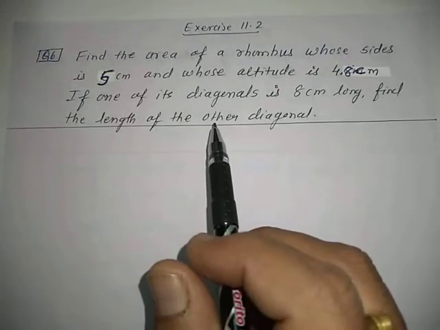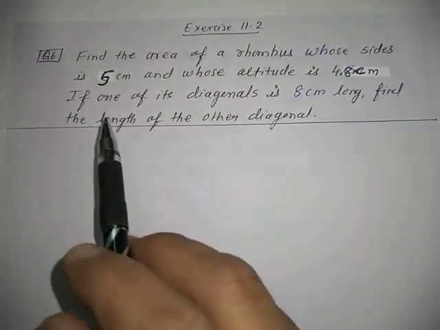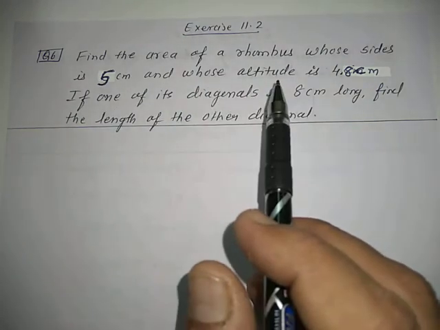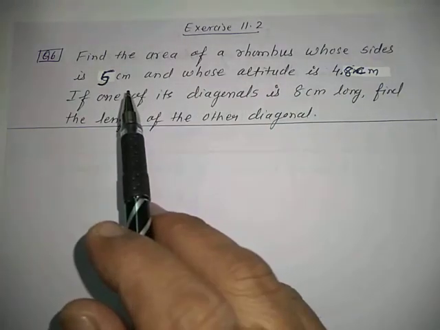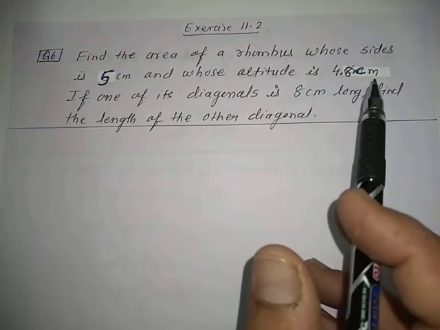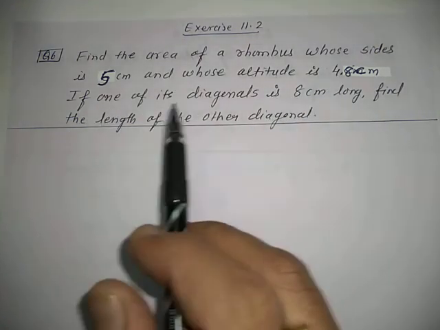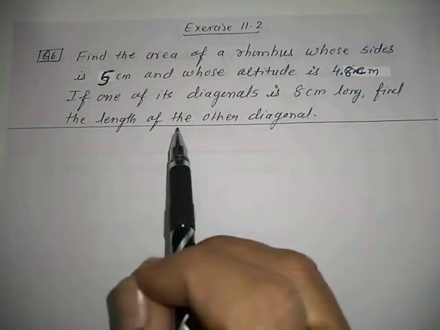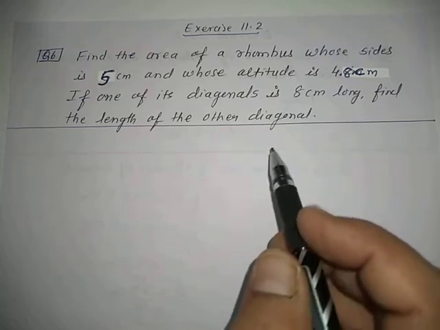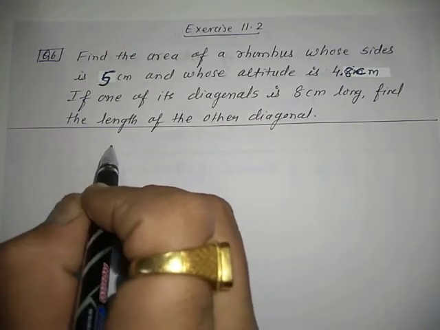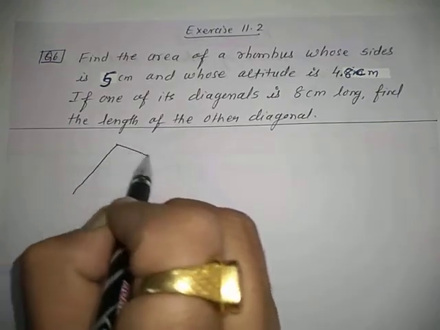Morning friends, let's begin our exercise 11.2, question number 6. Find the area of a rhombus whose side is 5 centimeter and whose altitude is 4.8 centimeter. If one of its diagonals is 8 centimeter long, find the length of the other diagonal. So as per the figure, there is a rhombus, and in this rhombus